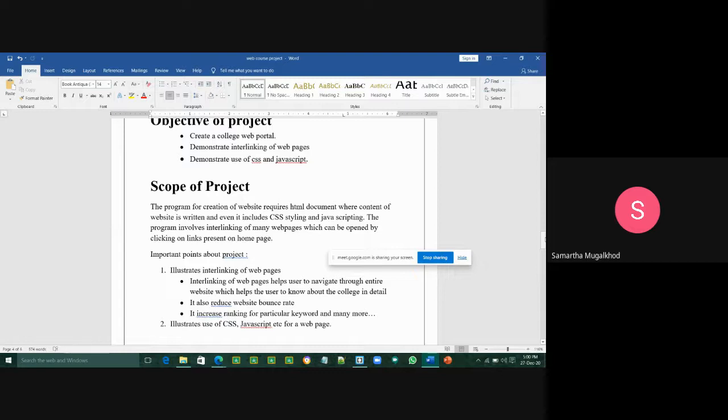HTML is used to create and save web document. Example: Notepad, Notepad++, brackets or atom, etc. And CSS is nothing but cascading style sheets. We can create attractive layouts and add styles to it. Next comes JavaScript. It is a programming language which is commonly used with the web browser and for adding animations to the web element.